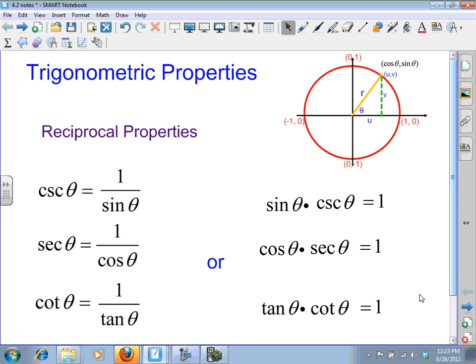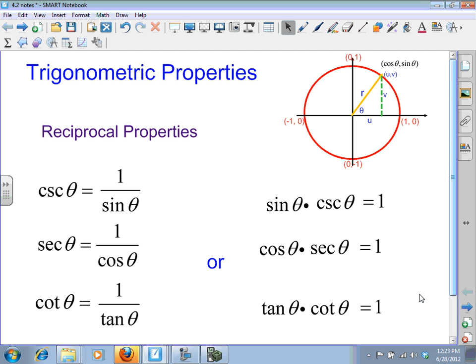In this vodcast, we're going to look at some basic trigonometric properties that allow us to simplify trig expressions and do substitutions and various things that we'll like to do in the future. Here's this basic picture that we've been looking at. Here's a unit circle. I've got a reference triangle marked in there with a point (u, v) on the terminal ray